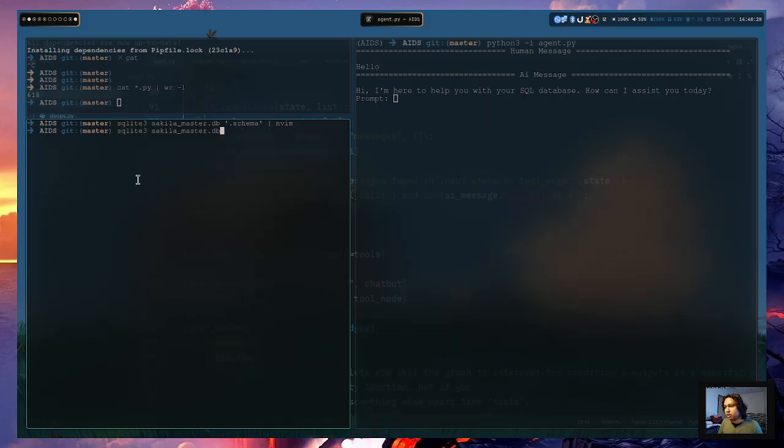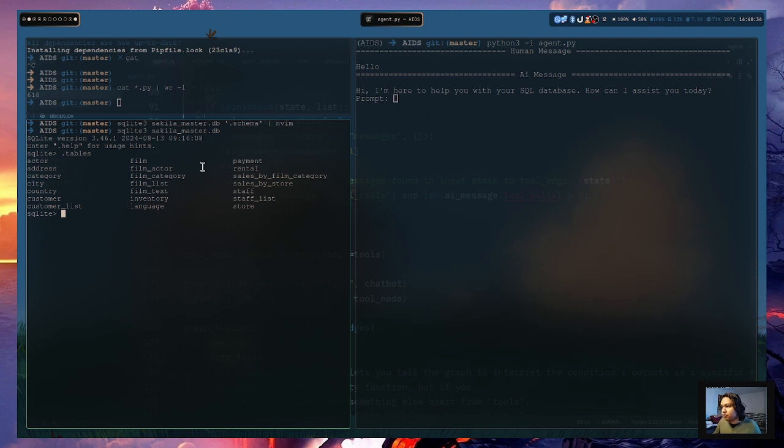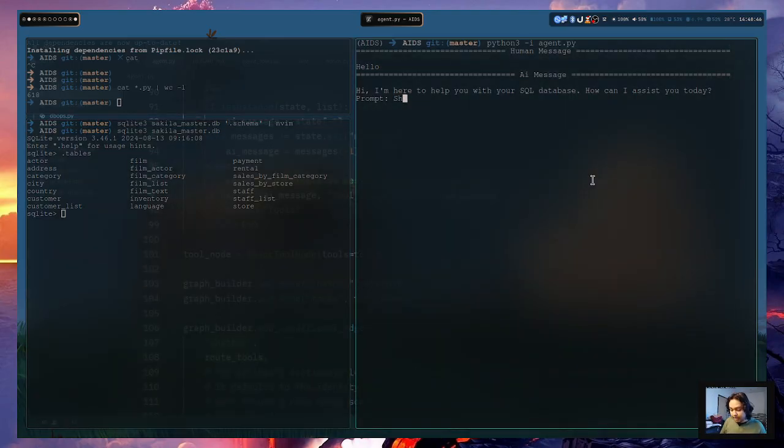You can see there are a lot of tables, and actor, film, payments, rentals. So basically this is a database for a rental company that rents DVDs, or gives you a copy of the DVD. So if I ask it: show me the last 10 transactions,